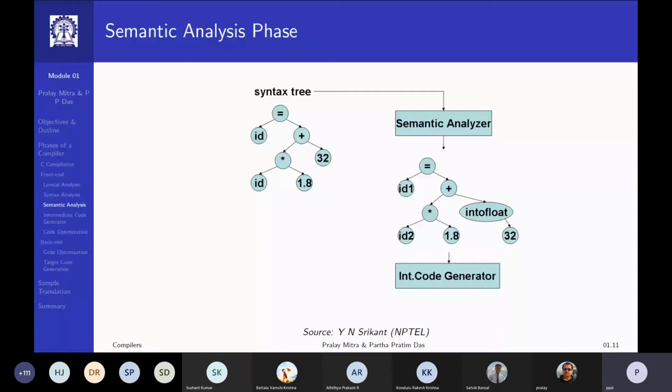One that can add two integer values, one that can add two floating point values. But you do not have an adder which can add a floating point value with an integer value. So you'll have to do something about it. The best information preserving one would be to convert this integer into a floating point.